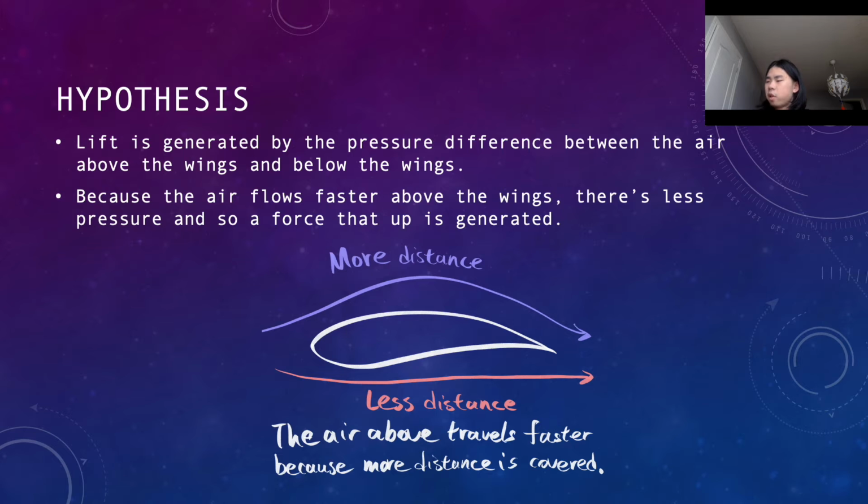This theory is based on the assumption that the separated strands of air arrive at the end of the wings at the same time, and then since the air at the top half had traveled more distance, it has traveled at greater speed, and it is this greater speed that created the pressure difference. Since there's more pressure at the bottom, it lifts the wing upwards. I will be proving this theory of how lift is generated with a homemade model.